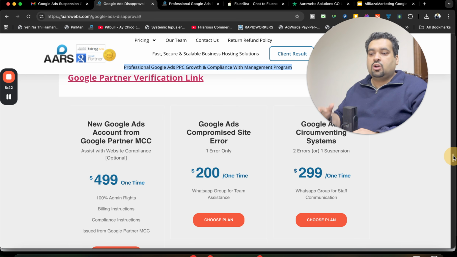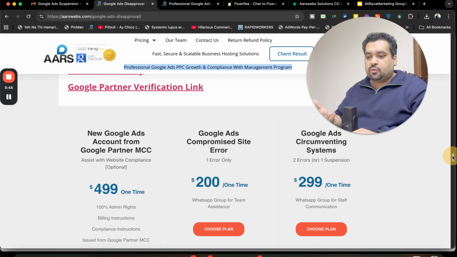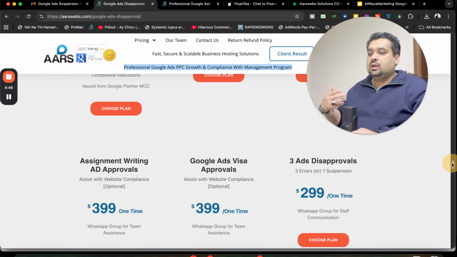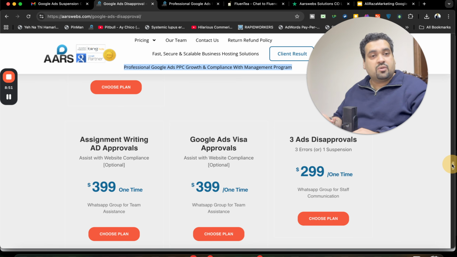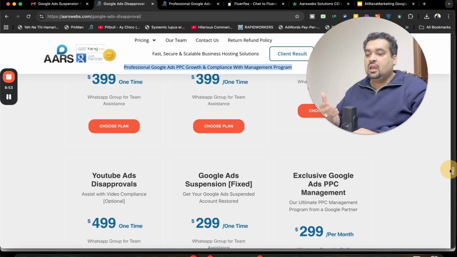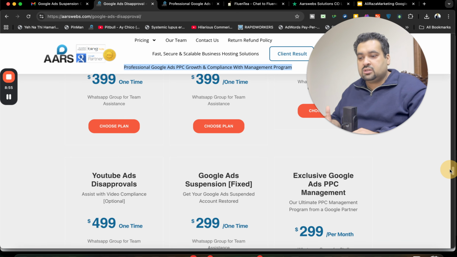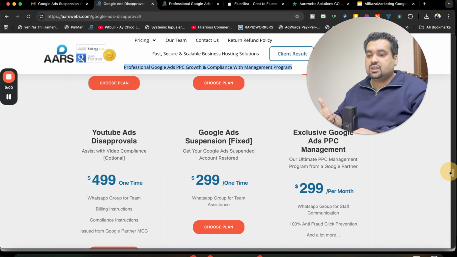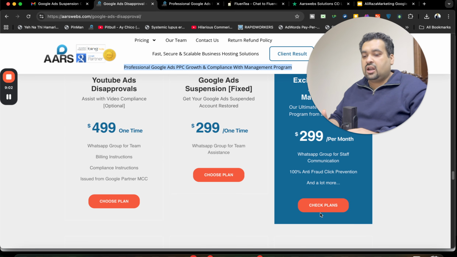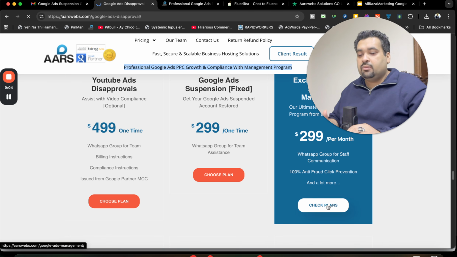And we also look around, we provide Google Ads account, Google Ads compromised sites, circumventing system, assignment errors, Google Ads visa approvals errors, error 3 or more errors if your website has, we provide solution for that. We also have clients with YouTube Ads disapprovals, Google Ads suspensions, if your Google Ads account is completely suspended, we help that as well. And we provide our ultimate Google Ads management services, which you can simply click over here,